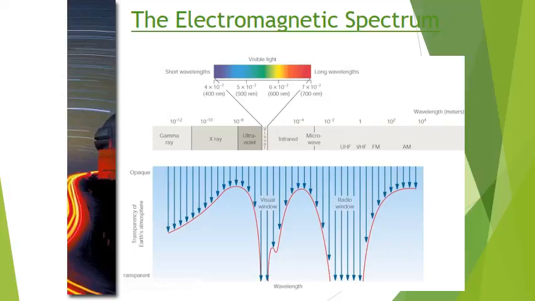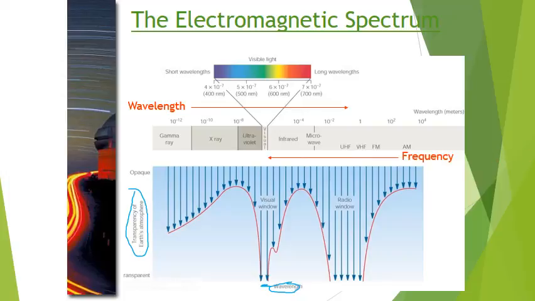Even if you were Geordi LaForge, it would do you precious little good here at the surface of the Earth because the Earth has an atmosphere. And what this graph shows you is the transparency of the atmosphere with respect to wavelength. So it turns out that even if you were Geordi, and you had the capability of seeing all these different wavelengths of light, you wouldn't see them all if you were at the surface of the Earth. Why is that? Because the Earth is only transparent to a couple of windows. One window is right in here in the visible wavelengths, and then there's another window here in the radio wavelengths.